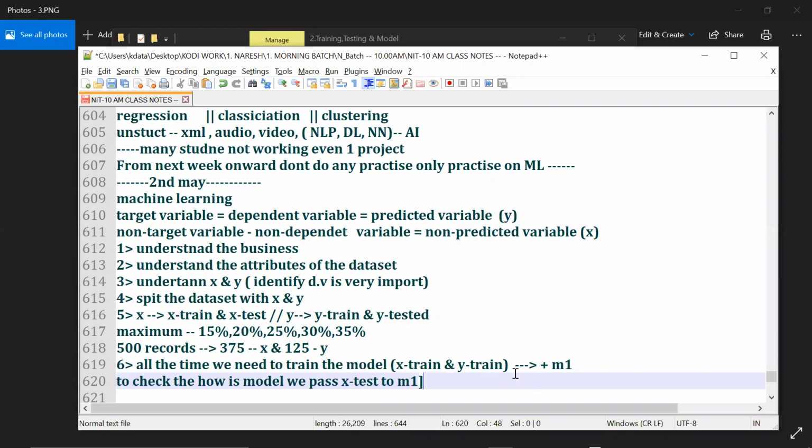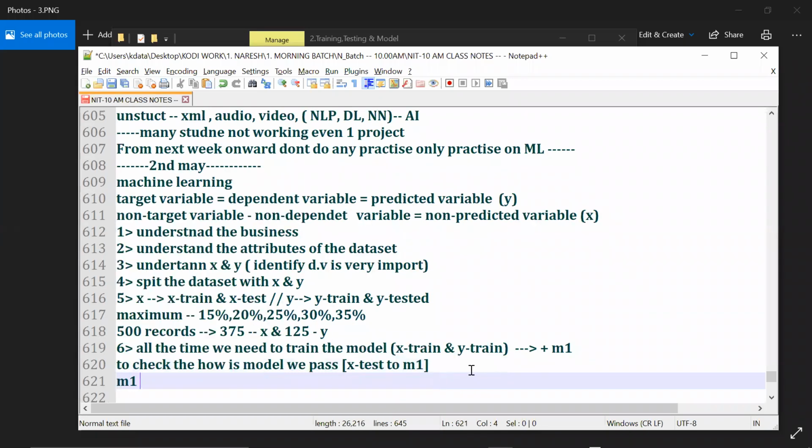Are you understanding, guys? So the model predicts, and the third step is M1 gives Y pred.